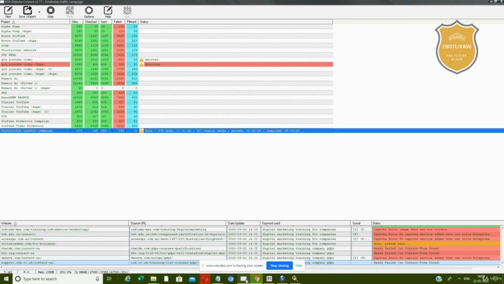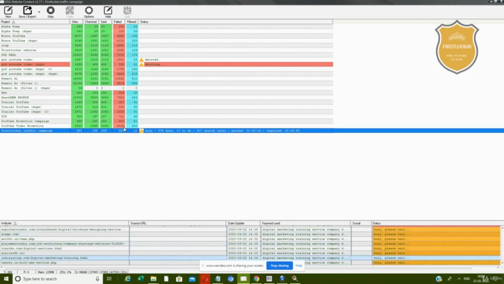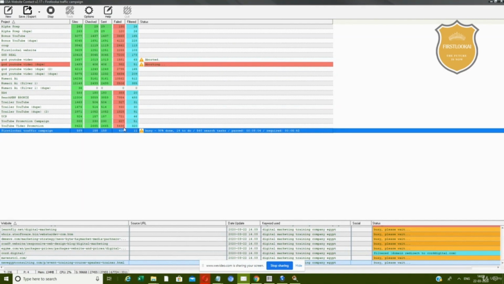But before that, I want to tell you one more thing. If you want to stop this, you can always stop it here. But I don't want to stop it because I want to show you the live proof coming in. If you've given an email, your email will be flooded. If you've given a phone number, your phone calls will be flooded. You get a lot of clients. Everybody will come to know who you are, and you will be able to see your brand awareness grow. Pretty cool. Let's move on to the next video right now.